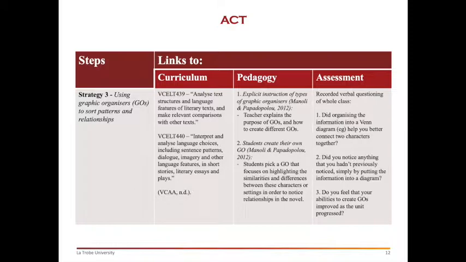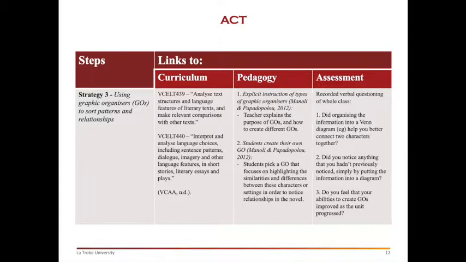So then students will create their own graphic organizer. So individually, students will select the type of graphic organizer that they would like to create and then select from a list of relationships in the narrative that I will provide them with. For example, Hermione and Harry, Dumbledore, Hagrid, or even Hogwarts and Number 4 Privet Drive. Students must then pick a graphic organizer that focuses on highlighting the similarities and differences between these characters or settings in order to create greater comparisons on the relationships that exist in the novel and work on these numeracy skills